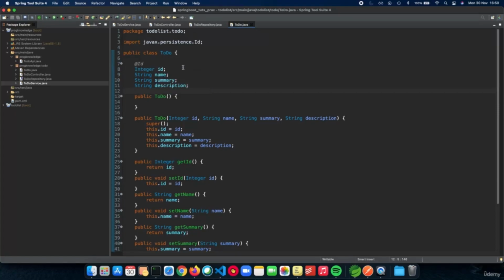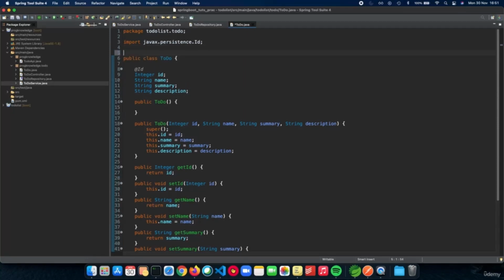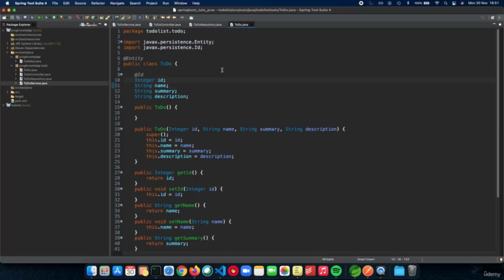And one thing which we forgot to do in the previous video is that we need to tell Spring Data JPA that this to-do class is an entity, so that it can be mapped to the correct repository for all the function calls. So all you have to do is give it an entity annotation, and we'll just import this now. One thing which we missed in the previous video, and I think we have covered that now, so that's nice. Yeah, so in this video we'll finish integrating the Apache Derby database with